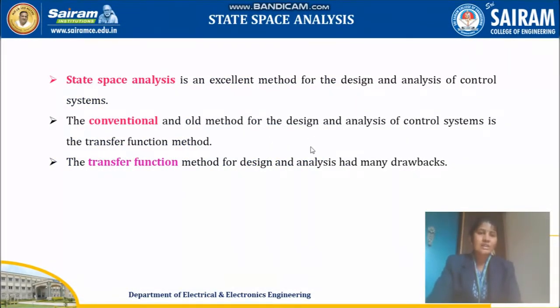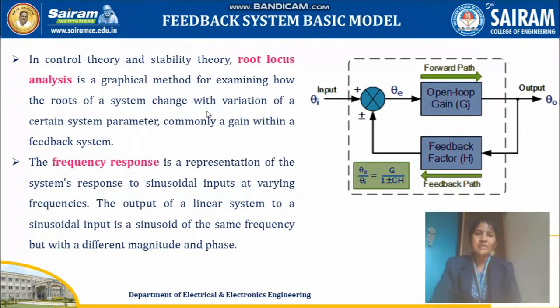Next is your state space analysis. Whatever we have seen, there are two ways of analyzing: one is your transfer function approach, another one is your state variable approach. In your previous semester, you studied the transfer function approach and you know how to draw the root locus, Bode plot, Nyquist plot, and how to find the stability point. All this is the basis for this semester to study your state variable approach. In the next class, we'll be seeing more about state space analysis. Thank you, students.